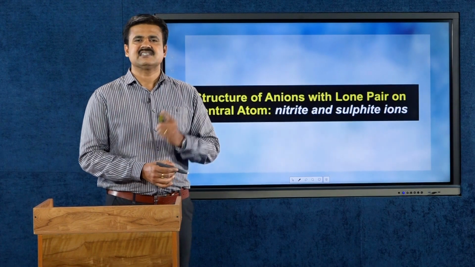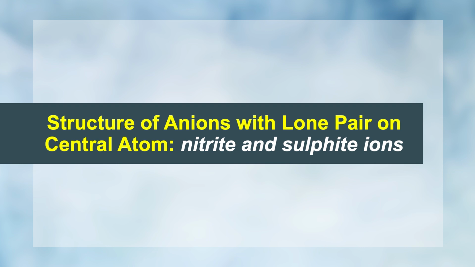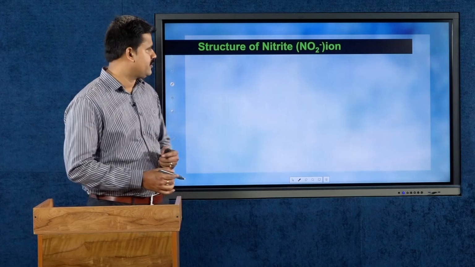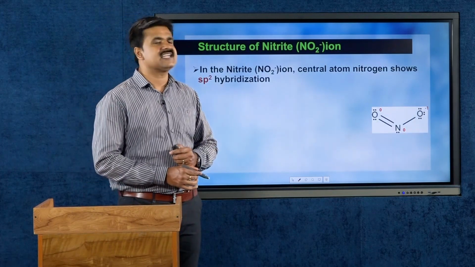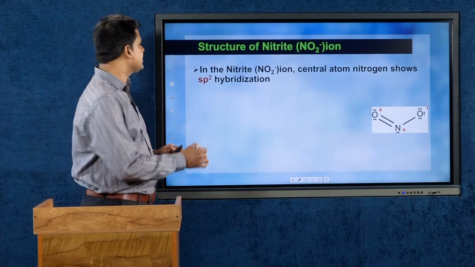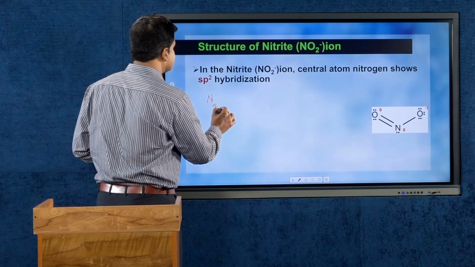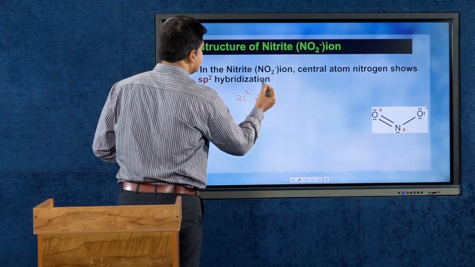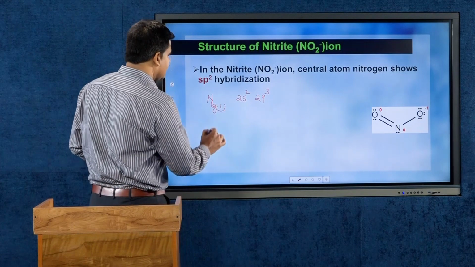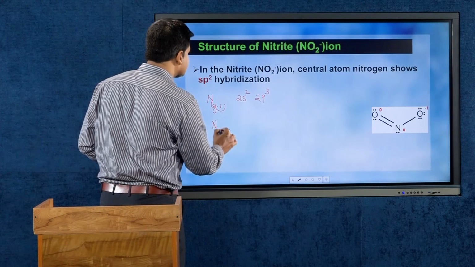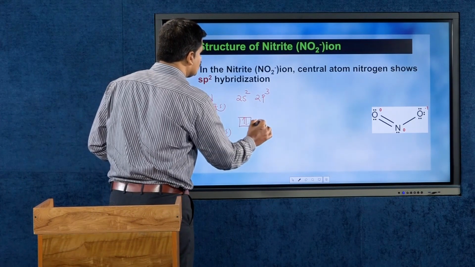Now, we are discussing structure of anions with lone pair on central atom, that is nitrite and sulfite ions. That is, we are going to look at 2 important ions, that is nothing but a nitrite ion and a sulfite ion. In the nitrite ion, the central atom nitrogen shows sp2 hybridization. So, the sp2 hybridization scheme can be represented like this. Nitrogen atom in the ground state has an electronic arrangement of 2s2 2p3. This is the arrangement. So, nitrogen atom in this arrangement can be represented by using box-wise representation like this: 2s2